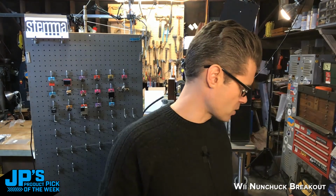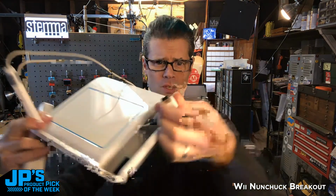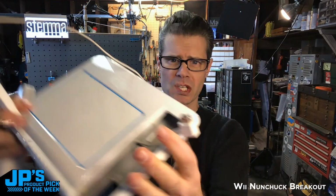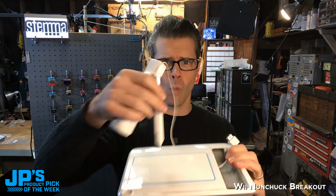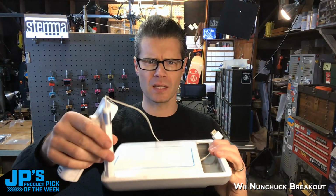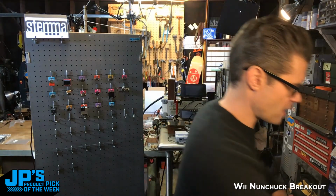You can also get some weird stuff like this drawing tablet. Again, it uses that proprietary connector. It plugs into the Wii Mote, and this is really just I2C giving X and Y, and I think it's 16 levels of pressure or 12 levels of pressure. And one of our old favorites,